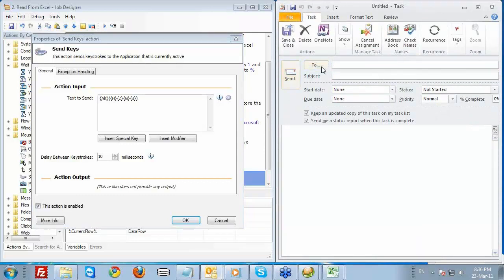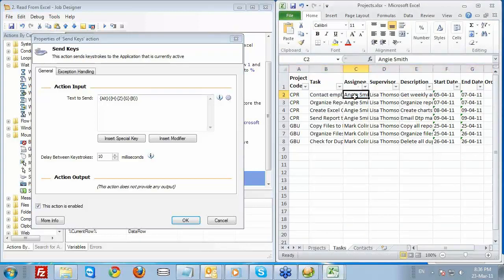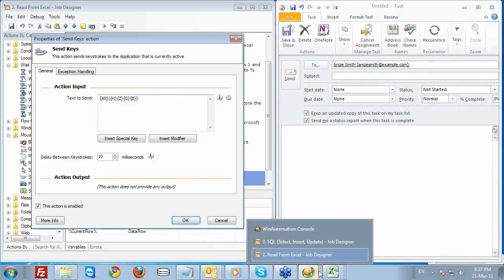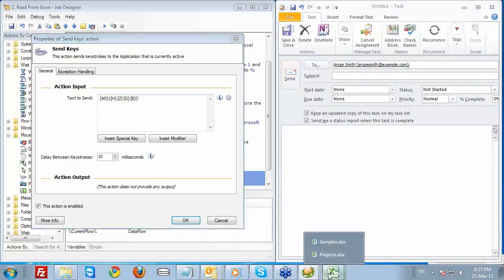Once we're here, we can see that we're in focus on the To field, which means that we can now send through the name of the assignee, copy it, and once I've sent it through, it will then expect me to send through a tab to fill in the email address. So what I'll do here is, since my current row,